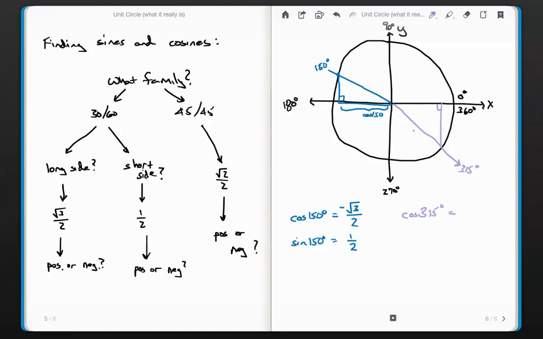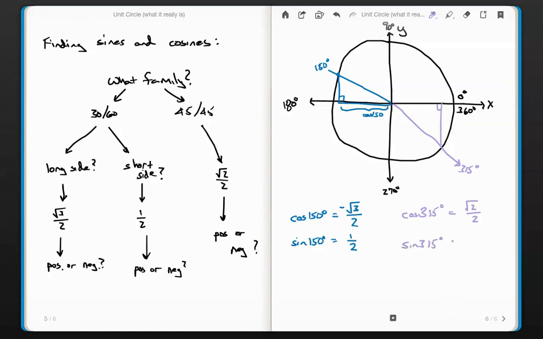And this is the cosine is this way, the sine is this way, the cosine is this way. There's only one number I have to know for the 45-45 family, so that's root 2 by 2. Well, now we have to know is it positive or negative. The cosine is this side here. The cosine, it's going in the positive x direction, so that's positive. Right? What about the sine